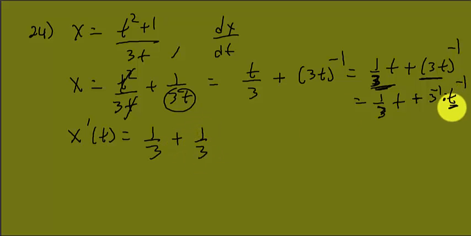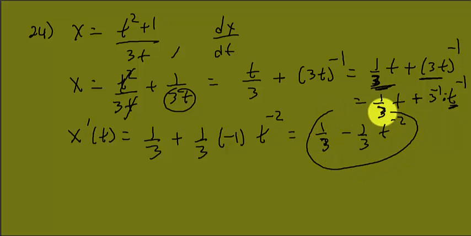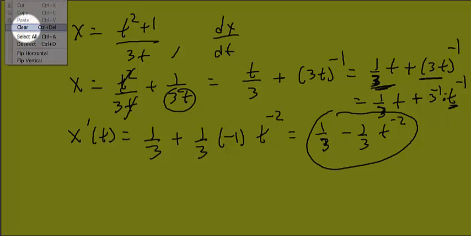And when I take the derivative of t to the negative 1, that's going to be negative 1 times t to the negative 2. So if I clean this up, I get 1/3, then minus 1/3 t to the negative 2. And there it is. Alright, let's do one more, and then we can call it quits. So let's go to